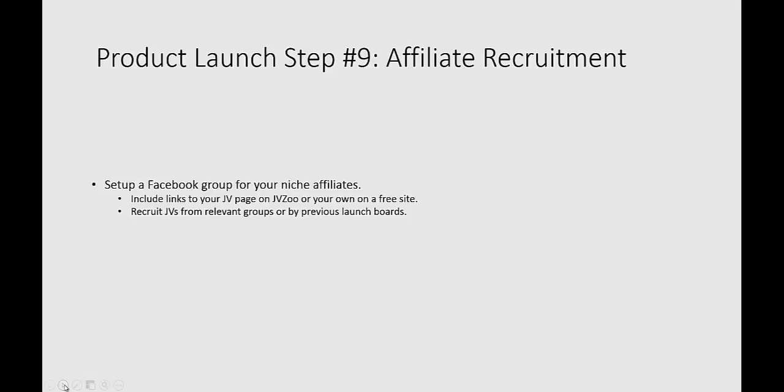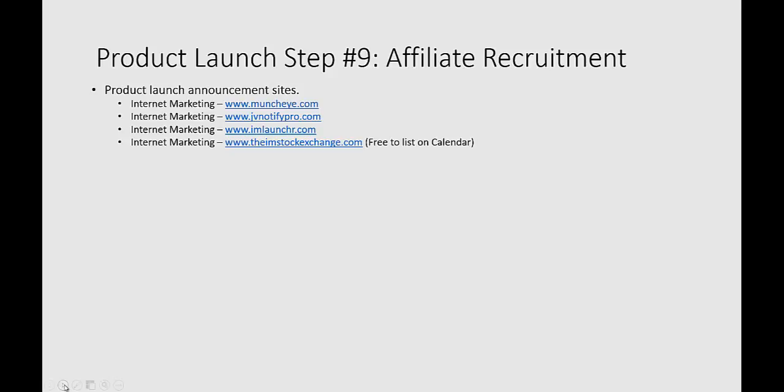So step number 9 here with affiliate recruitment is that there are multiple ways you can go about getting more affiliates to promote for you. Here are some methods to get affiliates on board. Product launch announcement sites. This is a really quick and easy way to get information out there about a launch. So for internet marketing, if you're launching a product related to blogging, affiliate marketing, pay-per-click, cost per action marketing, whatever it is, you could go to muncheye.com, JV Notify Pro, imlaunchR.com, the letter R,